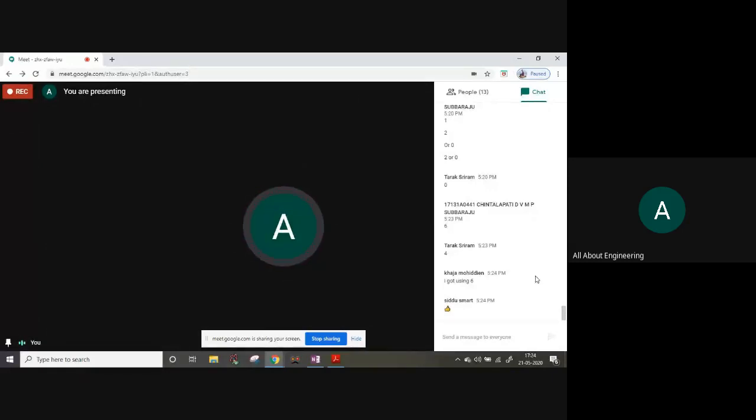Then if you are designing with 6 gates, maybe your design was correct, but your answer to my question was wrong. Why? Because I asked for the minimum number of gates. If some other guy designed using 4 gates, then how can you write 6 as the answer? So obviously your design might be correct, but it's not the answer to my question. So obviously 6 is the wrong answer if Tarak was right.